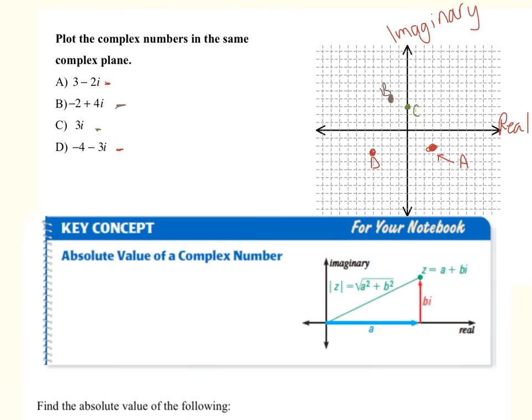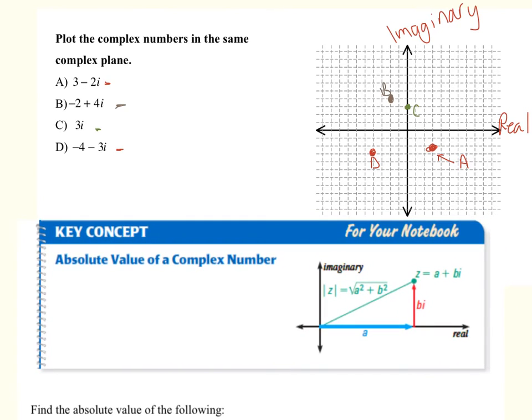We want to know how long this distance is. So we're going to have to use the Pythagorean theorem and draw the right triangle. One of the legs will be the real part, the other would be the imaginary part, and we're looking for the length of the hypotenuse. So the absolute value of a complex number z equals a plus bi, denoted by absolute value of z, just like as if it were a real number,